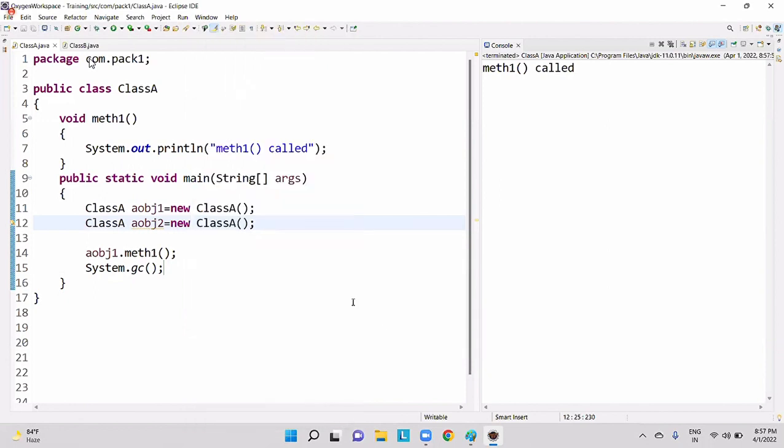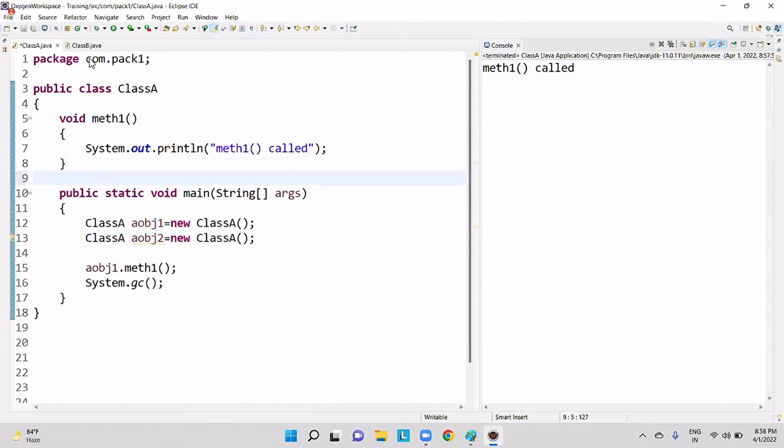Now, is garbage collector acting on my program or not? How do I know that? If there is a way, that would be better, right? So exactly, what I want to do here is override the finalize method.